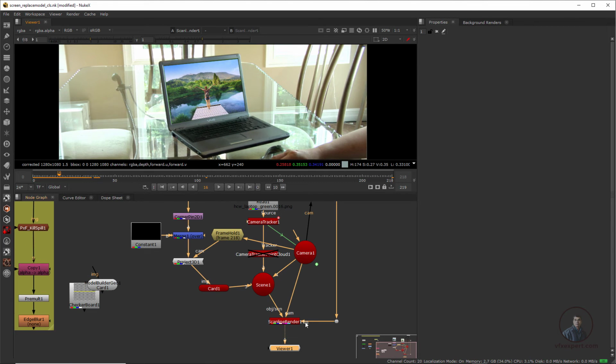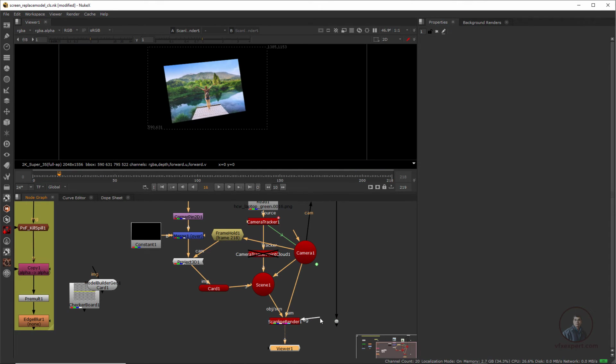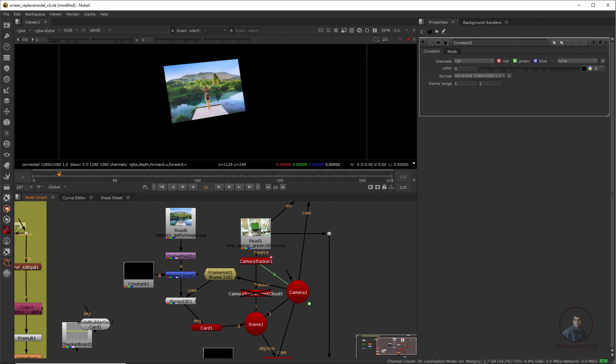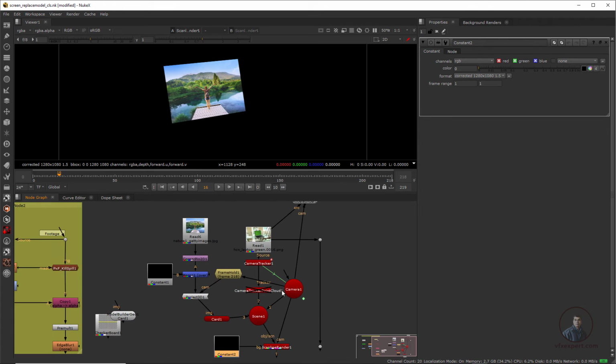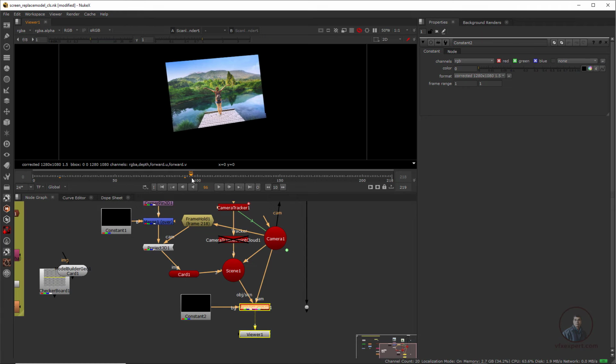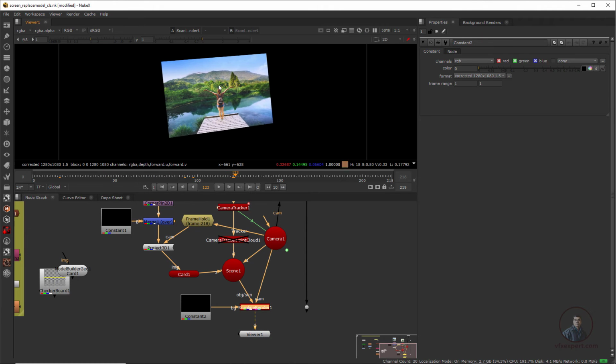Then after this, in our scanline render, we have to unplug this BG and connect a constant according to our original frame size. So again, if you want, you can use the same constant or simply Control C, copy and paste, and connect it here. So this BG we have to connect with this constant. Remember, this constant I have taken according to our footage frame size, the original plate here. Now again, if you select this scanline render and play and check, we are getting only the moving screens here.